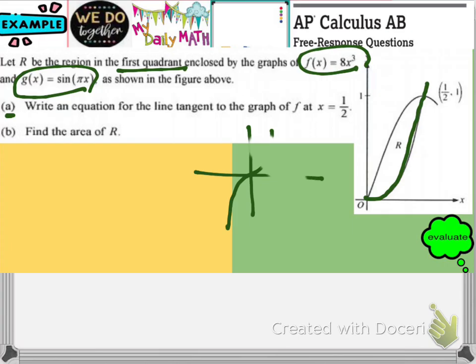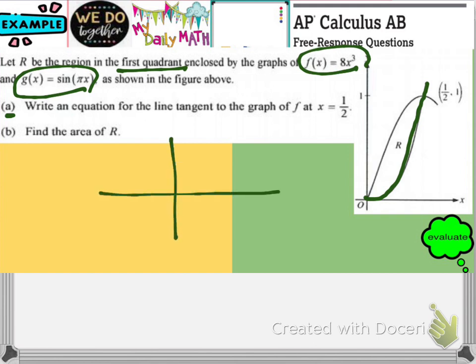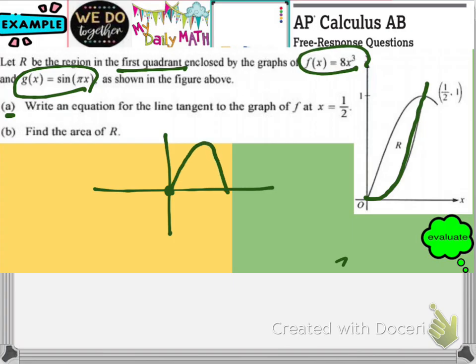Now, how can I tell that the other one is the sine pi x? Well, if you remember, the graph of sine is 0 at 0, and then it goes up like this, and then crosses 0, goes down to -1, and ends up here at its period. So how do I know what the period is? If you remember from pre-calc, period can be solved by looking at 2 pi over b. The b here is the coefficient of x, so it's going to be 2 pi over 2. Okay, so your period, one full cycle